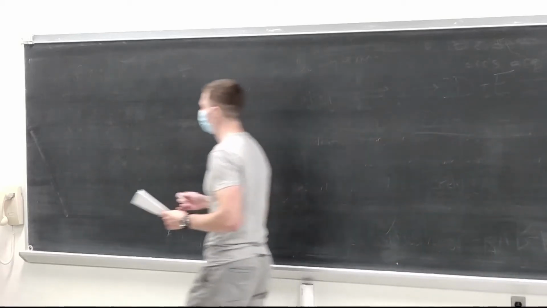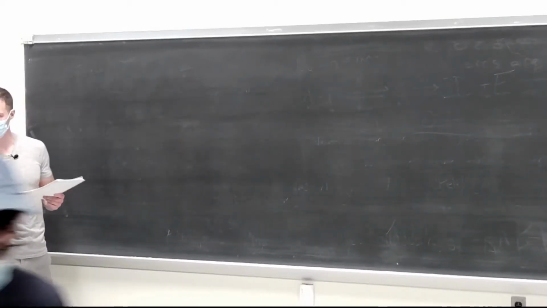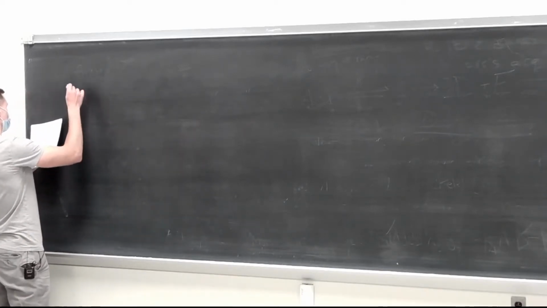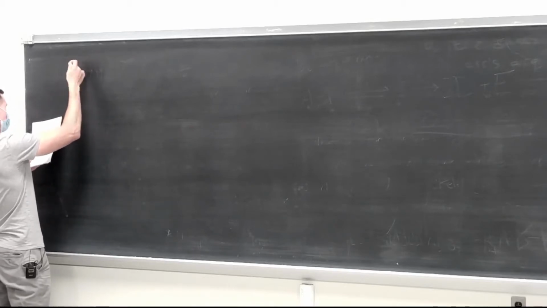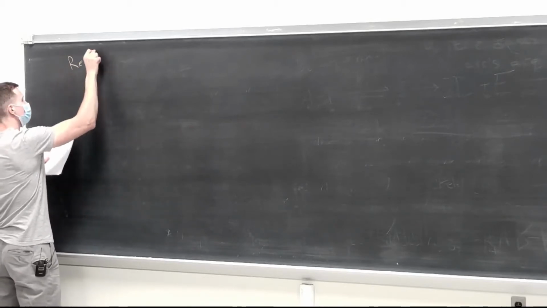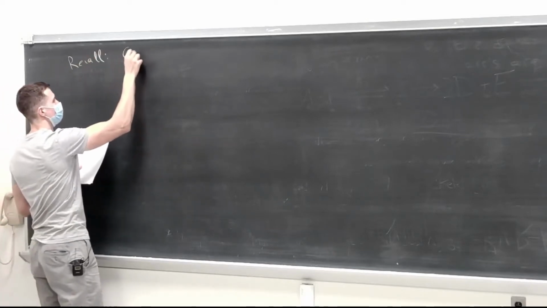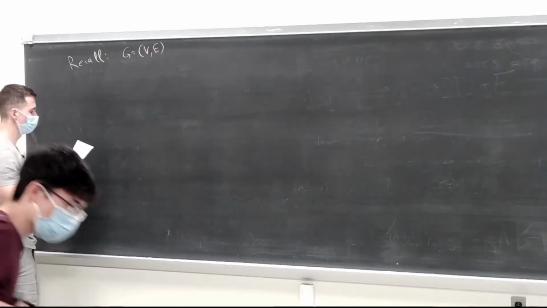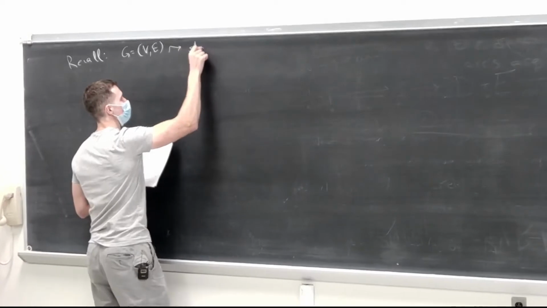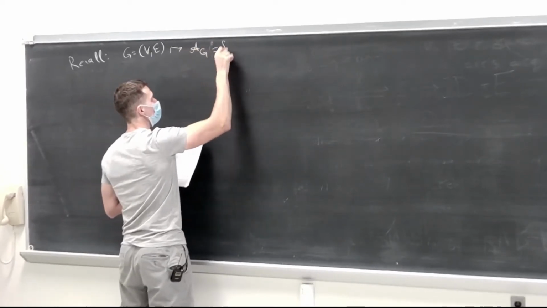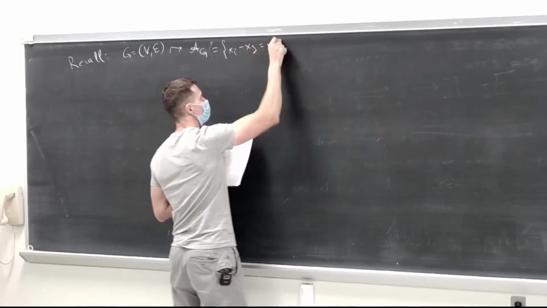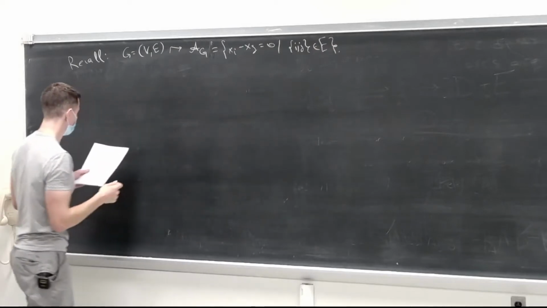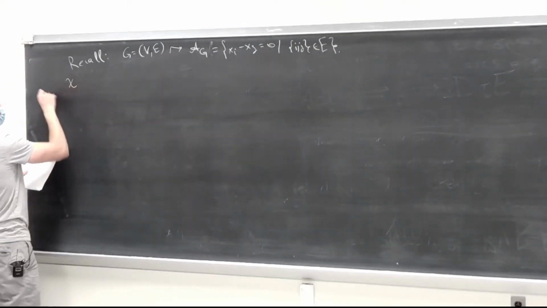Okay, so last time I was comparing the characteristic polynomial of a graphical hyperplane arrangement to the chromatic polynomial of the graph. We have a graph. Then you can associate to it this hyperplane arrangement, x_i minus x_j equals 0, for {i, j} an edge. And you can also define the chromatic polynomial